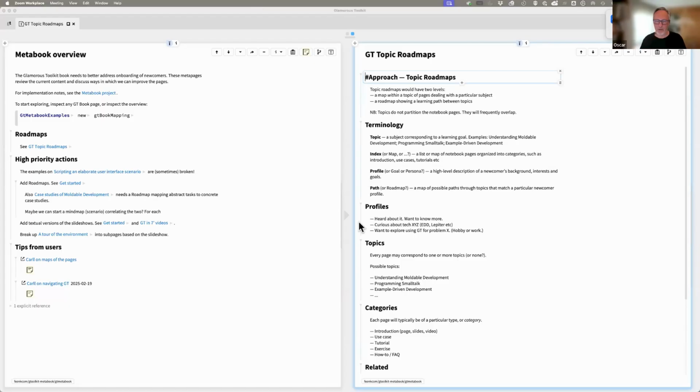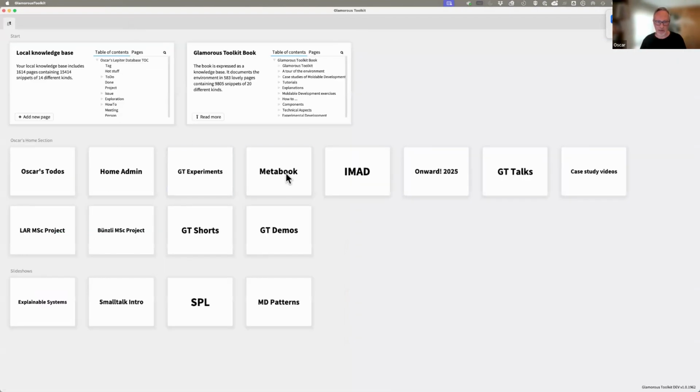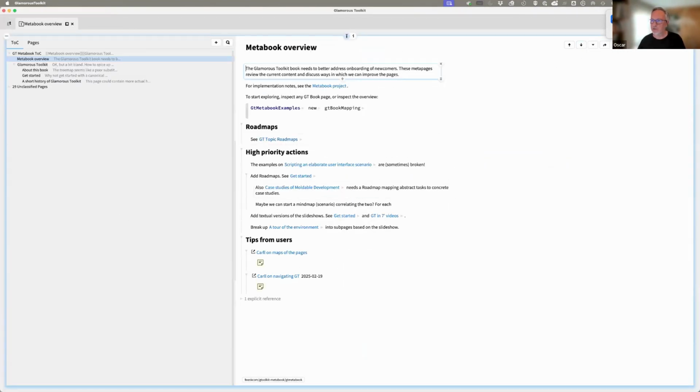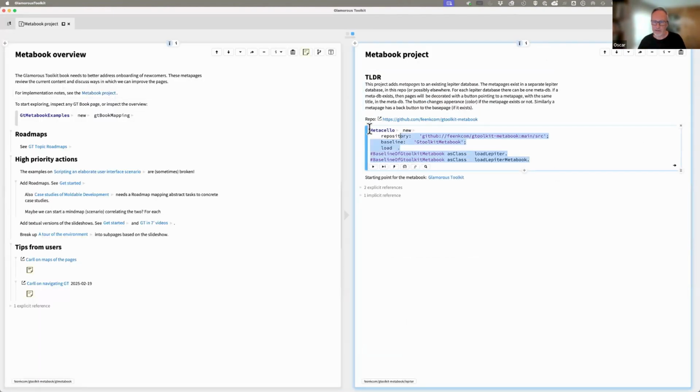Share. Okie dokie. So what I've done is I've loaded this up here. So I click on MetaBook, and there are actually two repositories here. I sent you the link. This is the link to load the repo. It's in Slack. So if you load that, you'll get the repo and you'll get two knowledge bases. One is a knowledge base for the project, which just has a few pages in it about the implementation. And the other one is